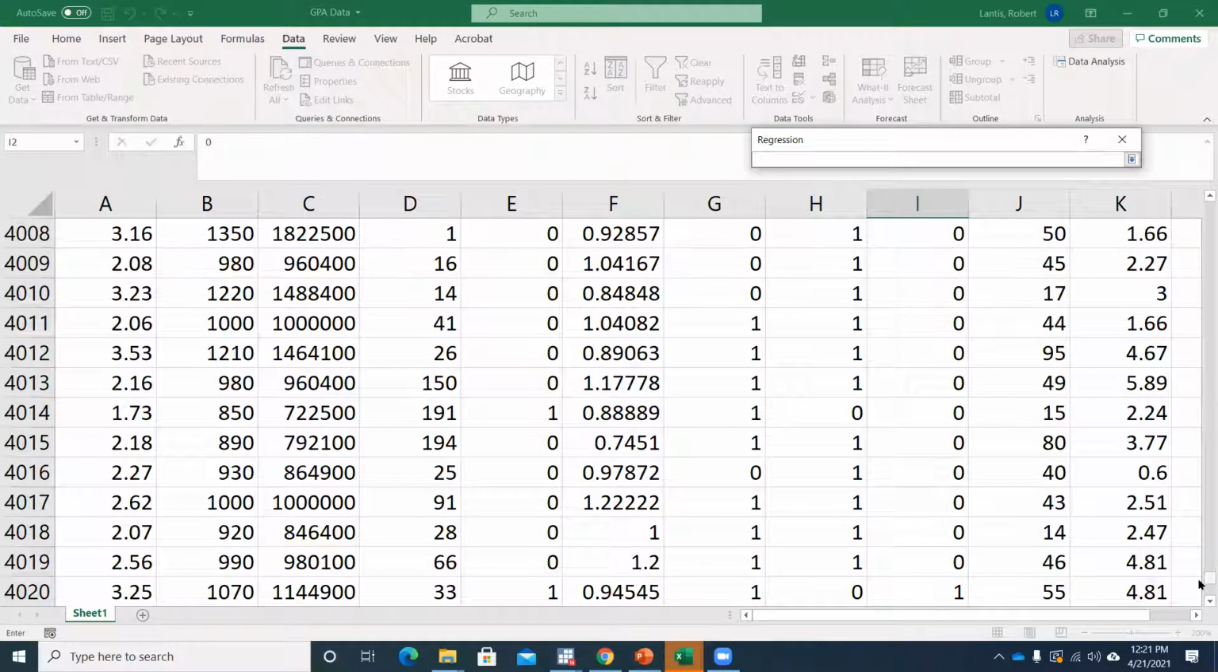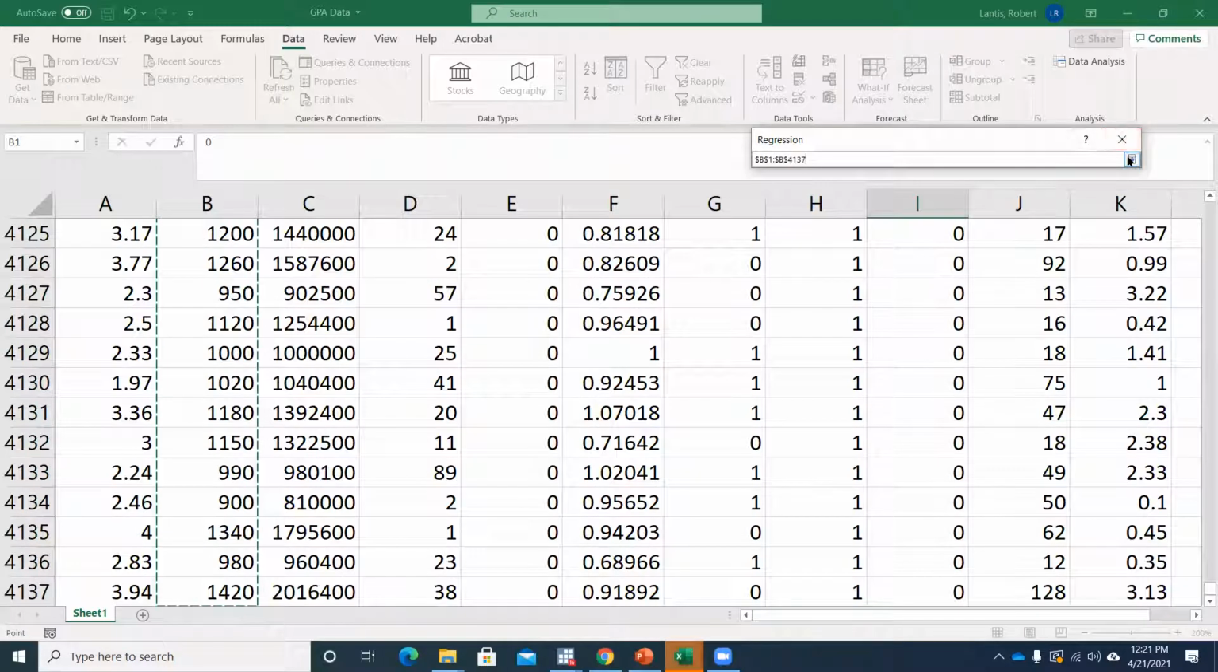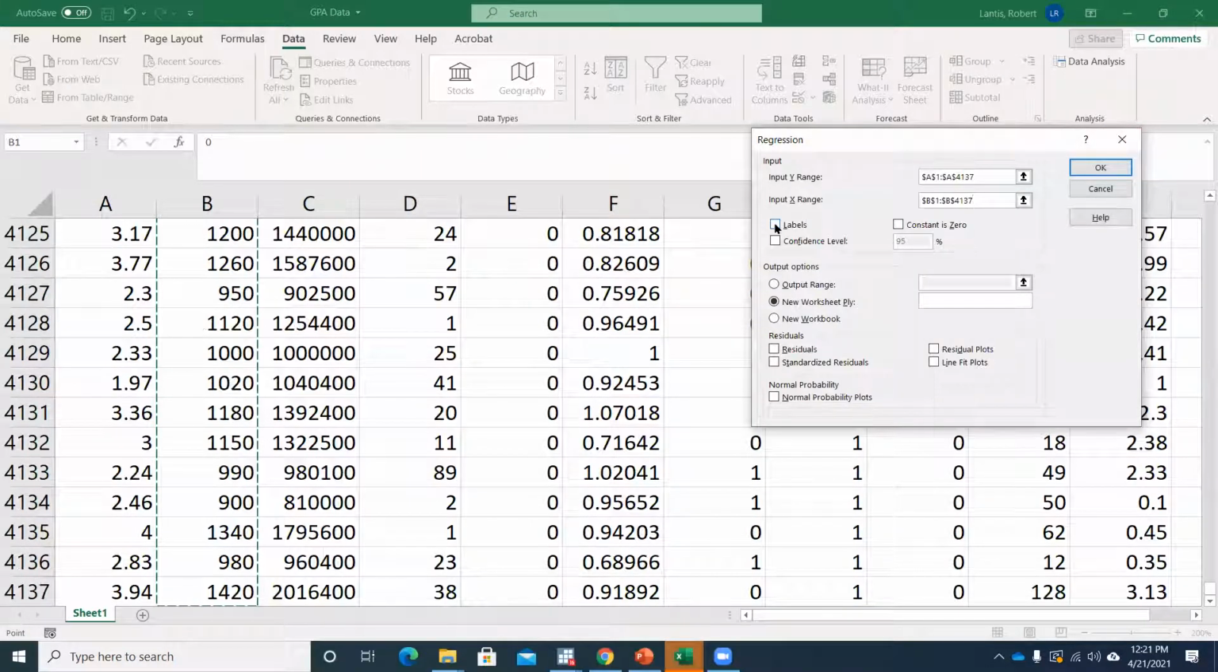Usually it sends me back up to the top. I guess I have to scroll up here. I'm just going to include SAT score. I'm just going to look at this SAT score variable. Control Shift or Command Shift on the Mac, hit the down arrow. I selected the labels, right? I selected those titles of what the variables were. And you can put this on the same sheet by selecting the output range, or just put it on a new worksheet. New worksheet should be the default. You don't have to click any of this other stuff. Don't click Constant is 0. You just want to say that you selected the labels. Now if I hit OK,